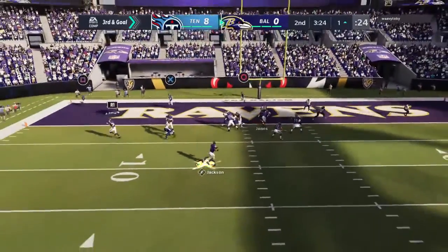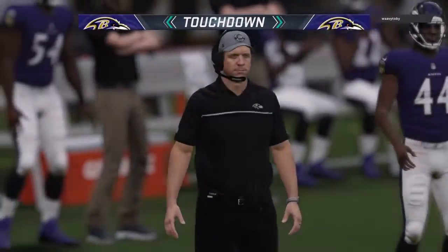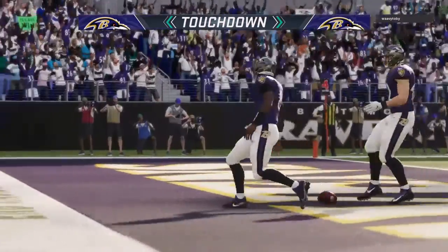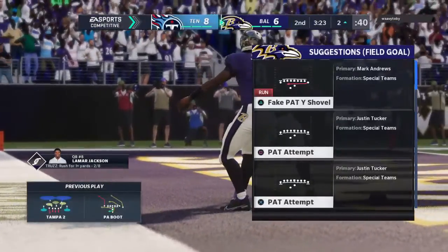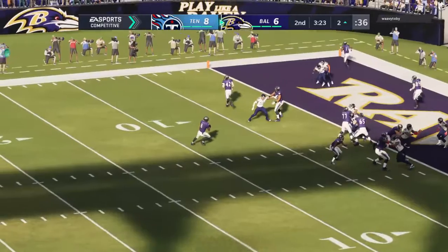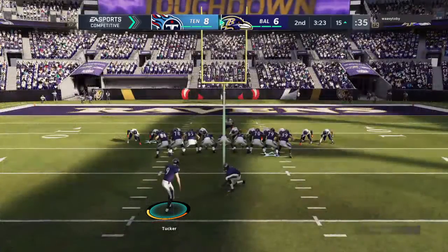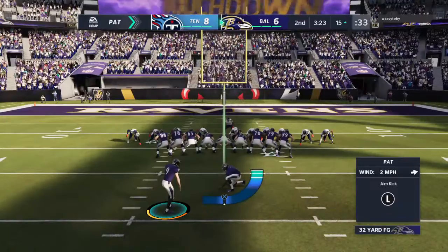Now it's Jackson. And he'll take it into the end zone for a Ravens touchdown, taking it in from a yard out. And now the Ravens are just a 2-point conversion away from tying this up. This defense has so many things to worry about in the red zone area, but you'd have to almost think that